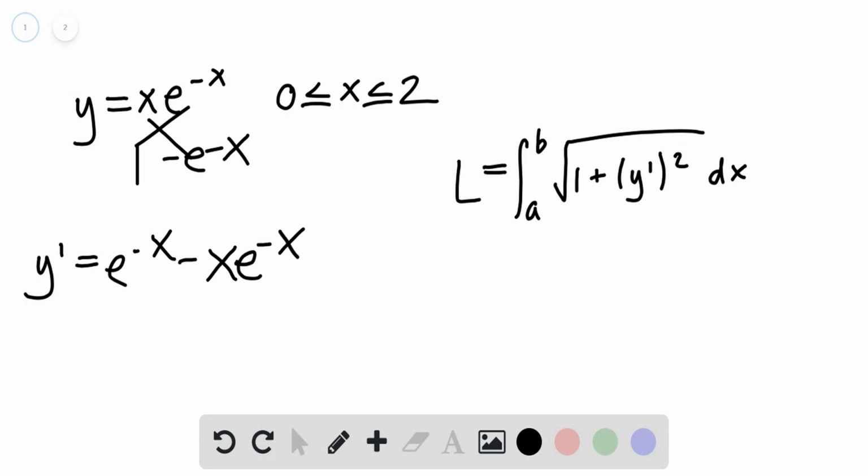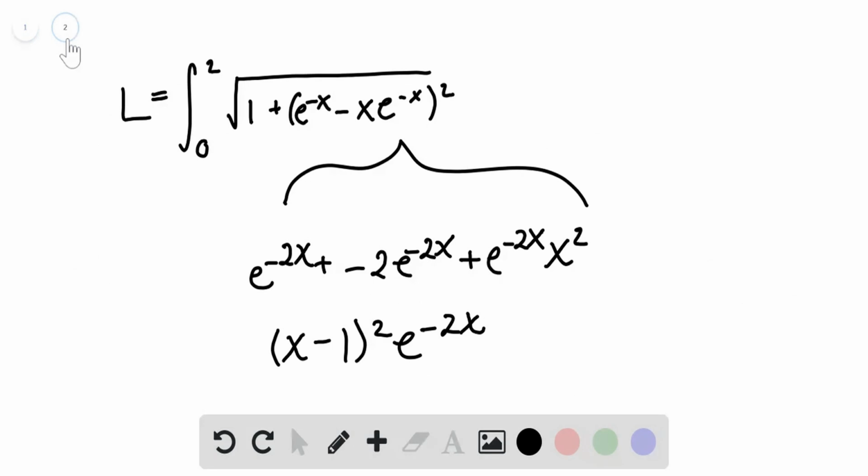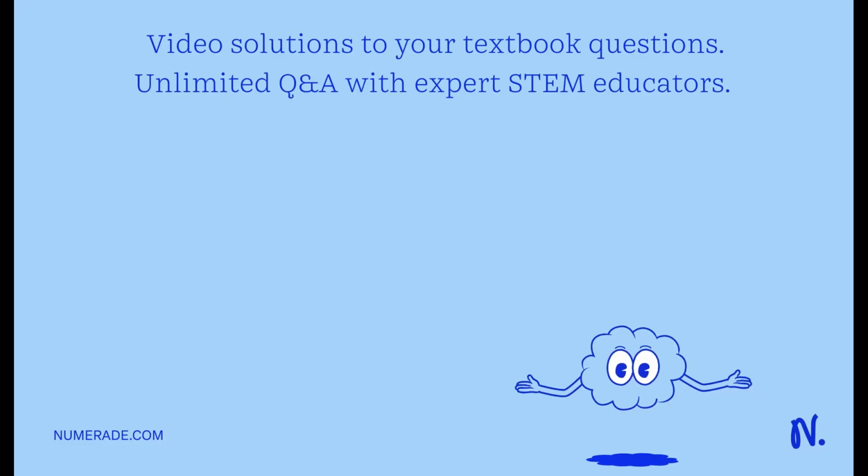So that will be our derivative, and given the interval, our a will equal 0 and b will equal 2, radical 1 plus (e to the negative x minus x times e to the negative x) squared dx. We'll go to the next page, and the problem